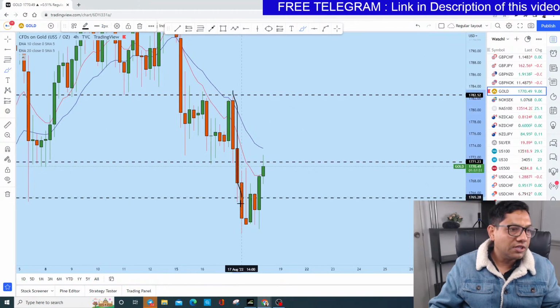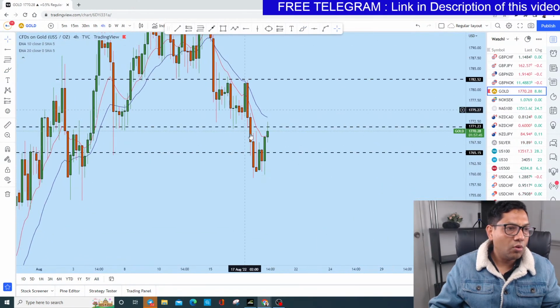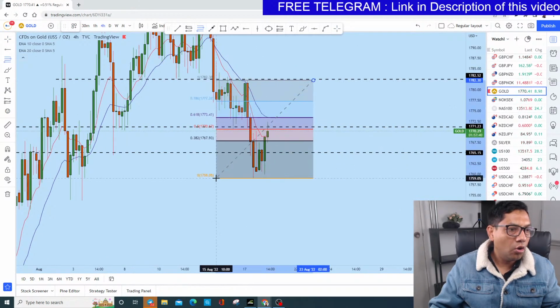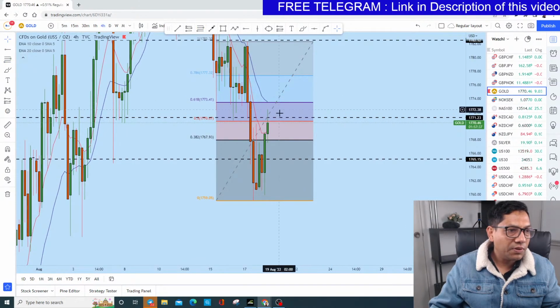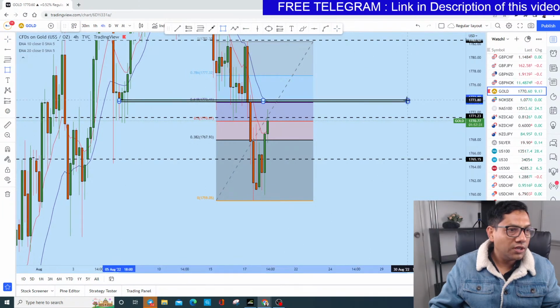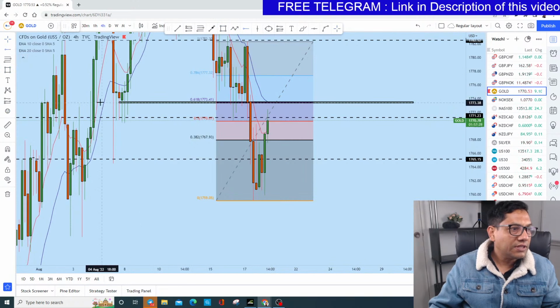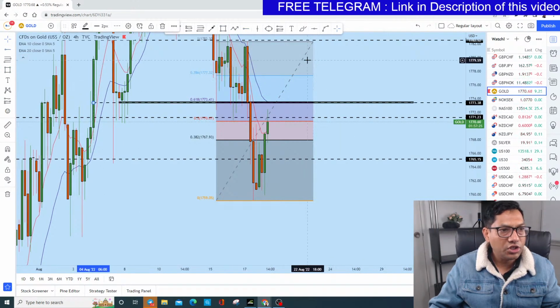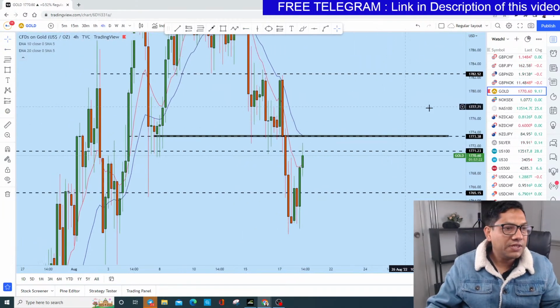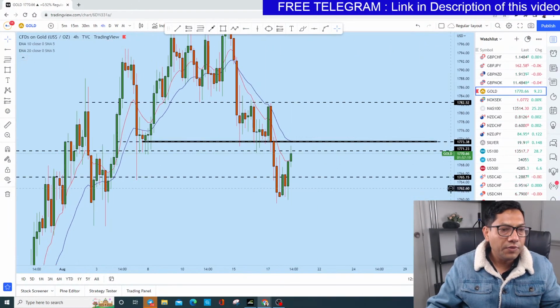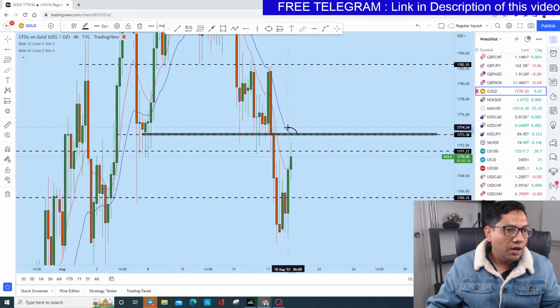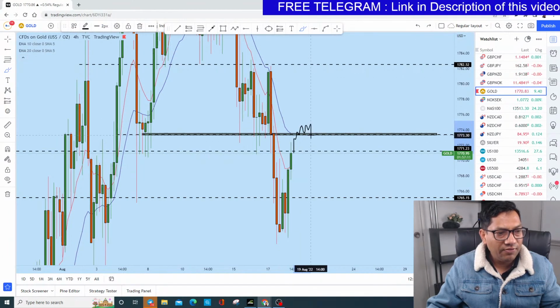Now if we consider this impulse, let's see our Fibonacci level to see where we can expect gold to go up and test. To take your Fibonacci, take it from the high to the low. We see currently gold at 50%, so let's draw the 61.8% level on gold to see what it is. At the 61.8% Fibonacci, which is the golden ratio in Fibonacci, there is a 20 period moving average on the intraday time frame. So this is where we could potentially see gold going up to test,